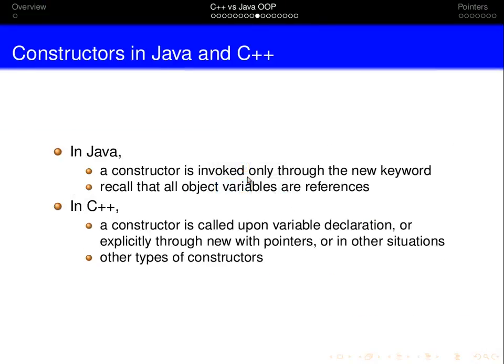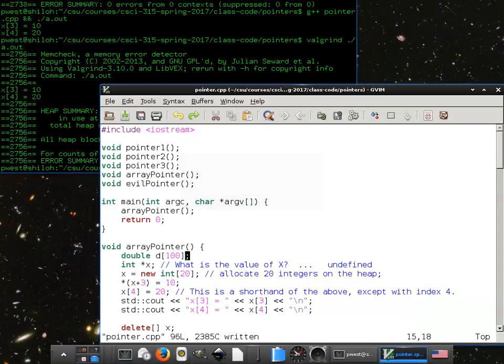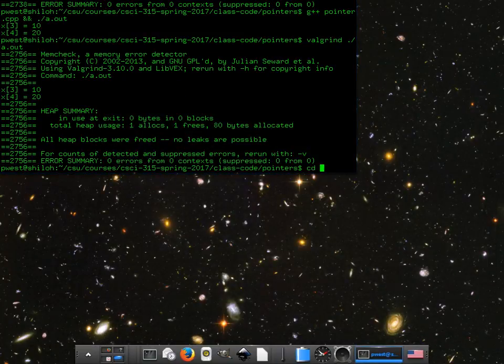Magic. All right, constructors. In Java, the constructor is invoked through the new keyword. And in C++, the constructor is called upon variable declaration, or explicitly with pointers or in other situations. Well, that's kind of complicated. But really, you just need to understand that, going back to our dragon example,